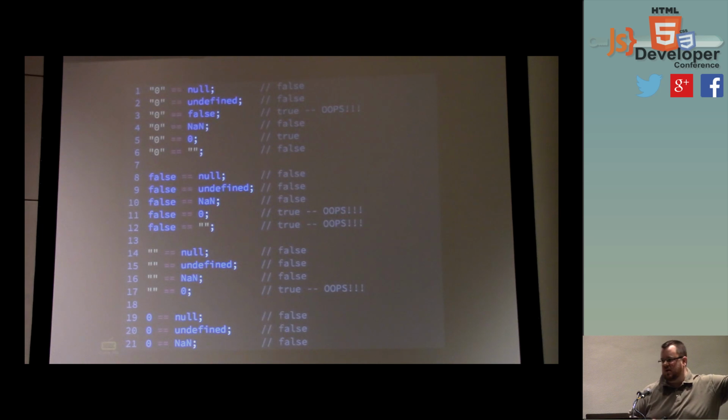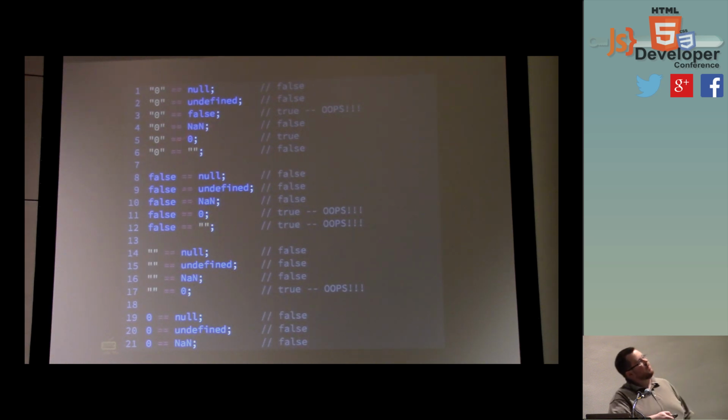This is obviously a bunch of code, and it may be smaller for those of you in the back to read. It's not terribly important. I just want to point out this is a bunch of comparisons, obviously not exhaustive, between different values that might cause problems with coercion. And it turns out only 4 of the items in this list of 21 actually do create a weird, bizarre